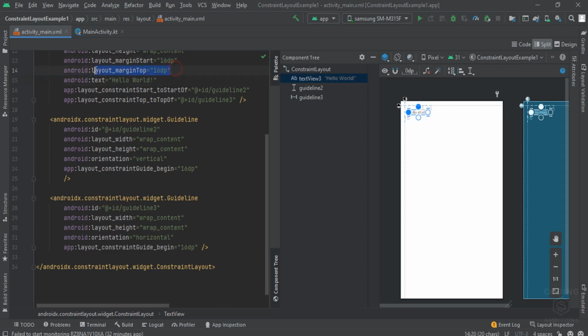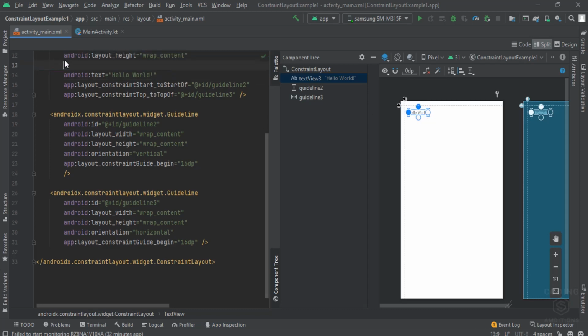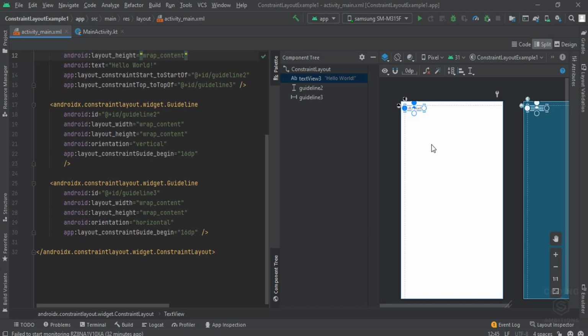And let's remove this margin as well. So now it is being aligned with respect to the guidelines. You can see here, these are the guidelines.